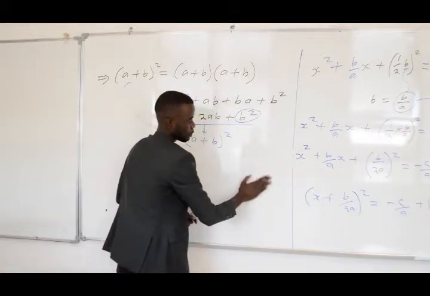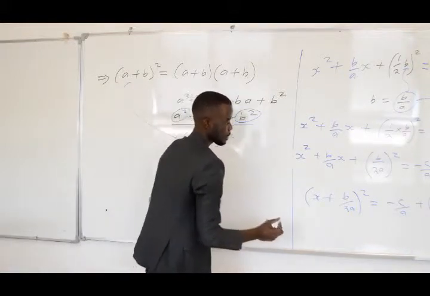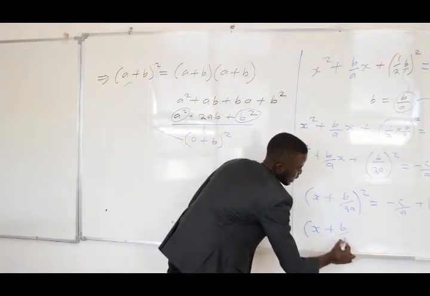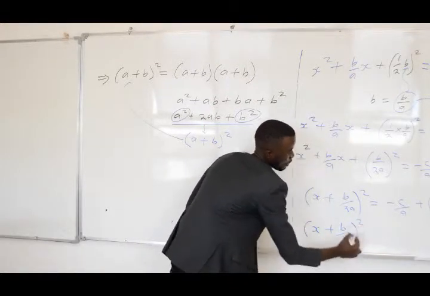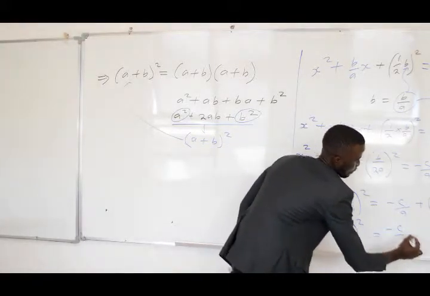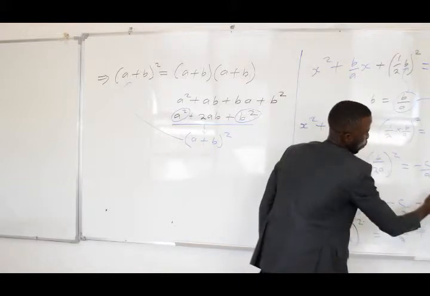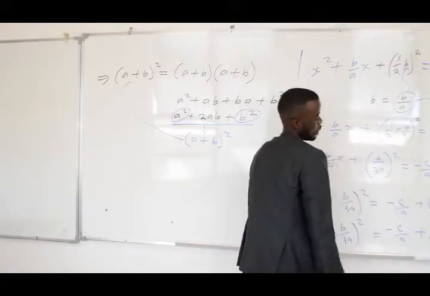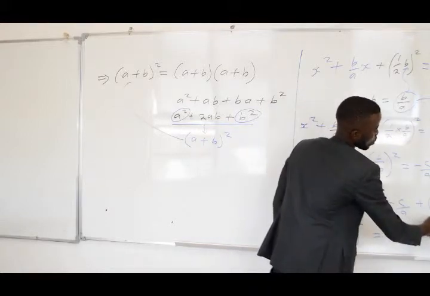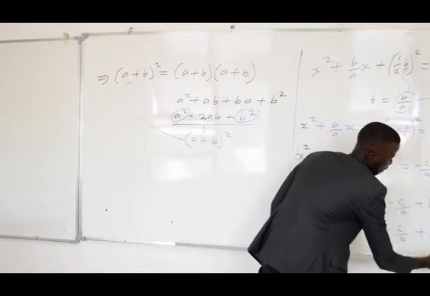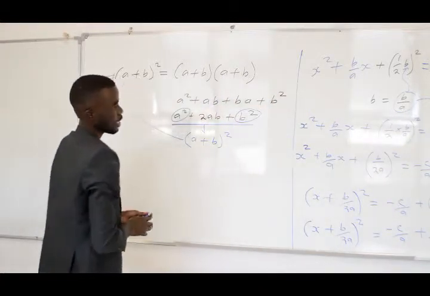So now, when you reach this point, we are going to focus on the right hand side. Let's leave the left hand side. Now on the right hand side we have negative c over a plus, what is b squared? We know that b squared we will leave as b squared like that. Then what is (2a) squared? The answer will give us 4a squared. So now when we reach that point,